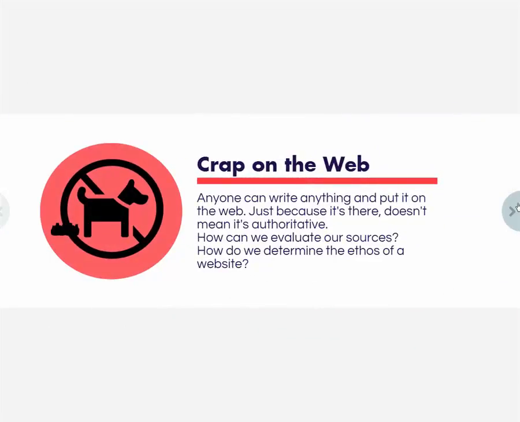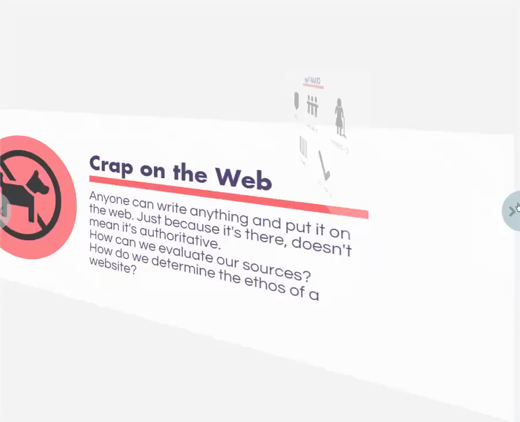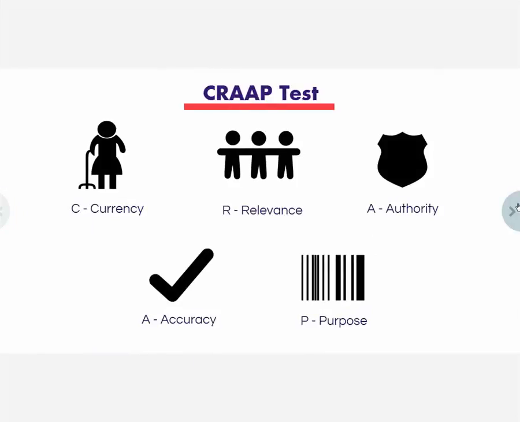So now we know there's a lot of crap out there in writing, and nowhere will you find more crap than on the internet. Anyone can write anything and post it on the web, and they do. So how can you figure out what to use? Well, luckily, some librarians at the Meriam Library at Cal State Chico developed evaluation criteria for you to use, and it's called the CRAP test. The CRAP test lists 5 criteria for you to examine, each with guiding questions to help you evaluate your sources.